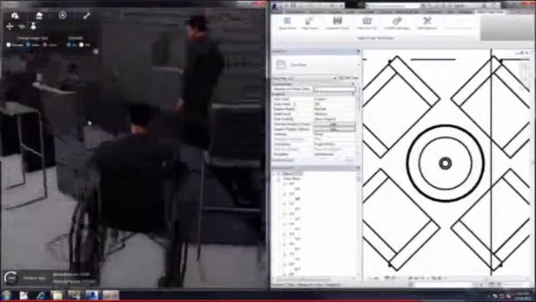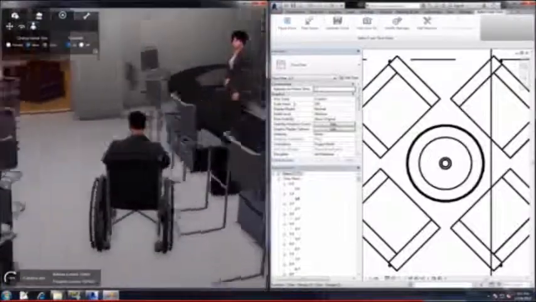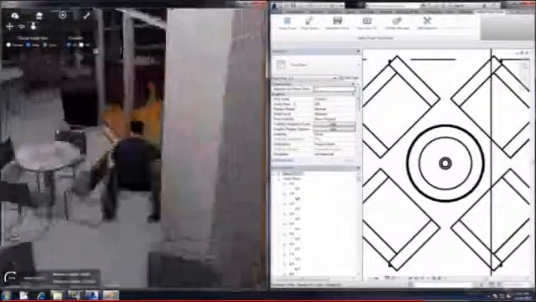The wheelchair is to scale, so if you don't build your doors to the correct scale, the wheelchair actually will not fit through. I didn't know if I'd